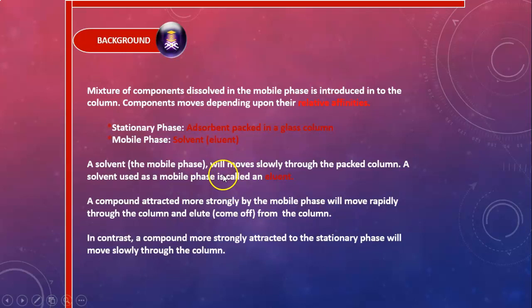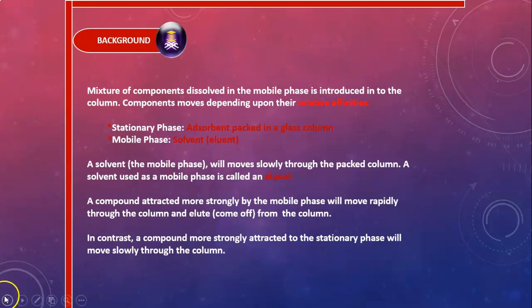So let's say if the question asks you what the mobile phase for a column is, you can state a solvent or eluent. A compound attracted more strongly by the mobile phase will move rapidly through the column and elute from the column first. In contrast, a compound that is more strongly attracted to the stationary phase will move slowly through